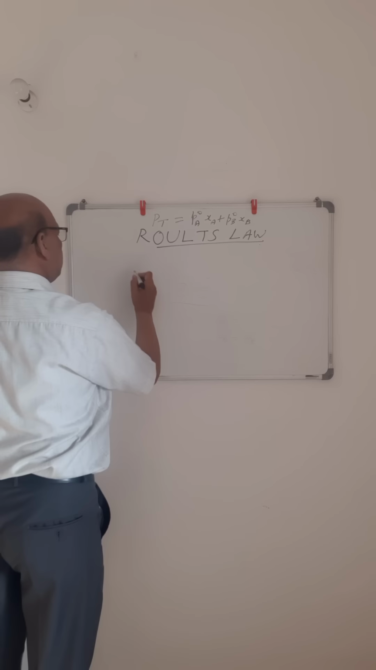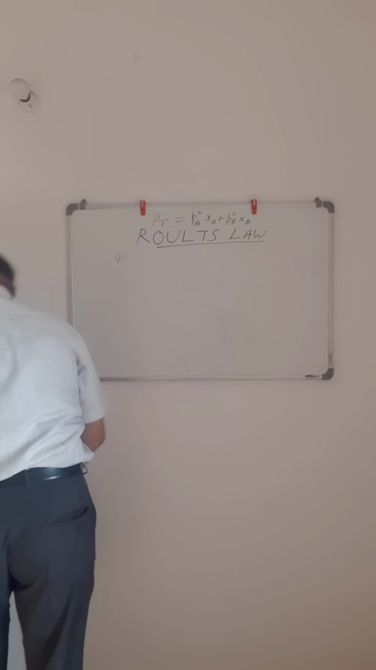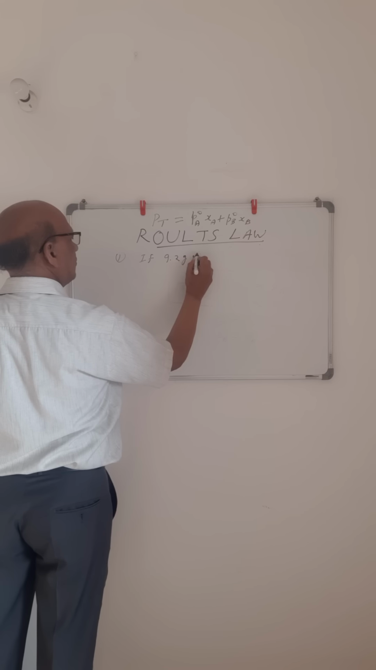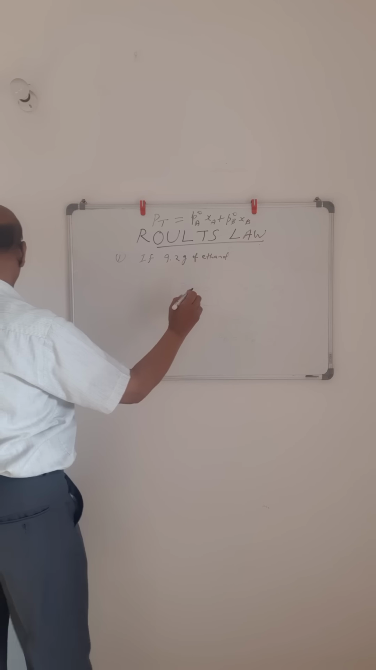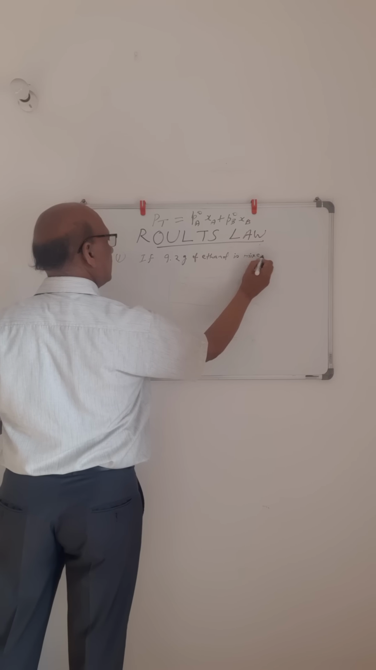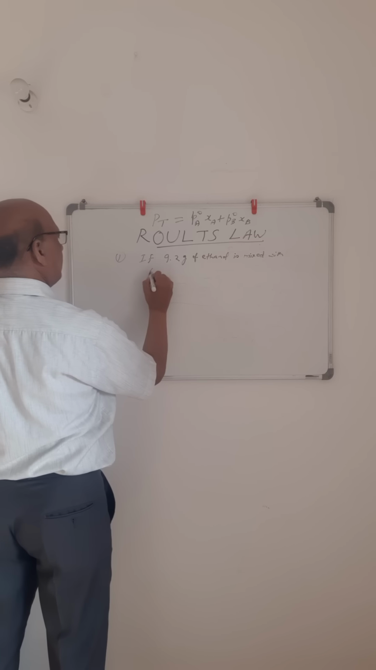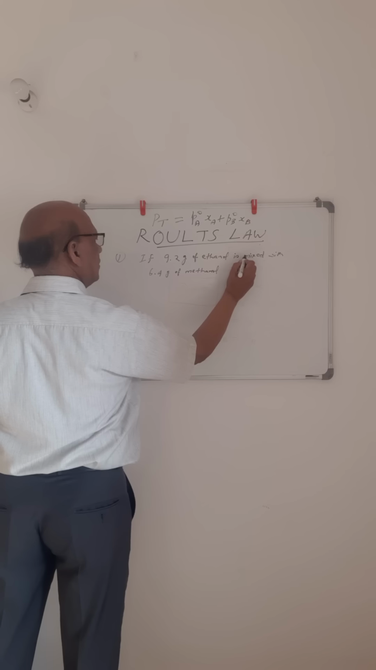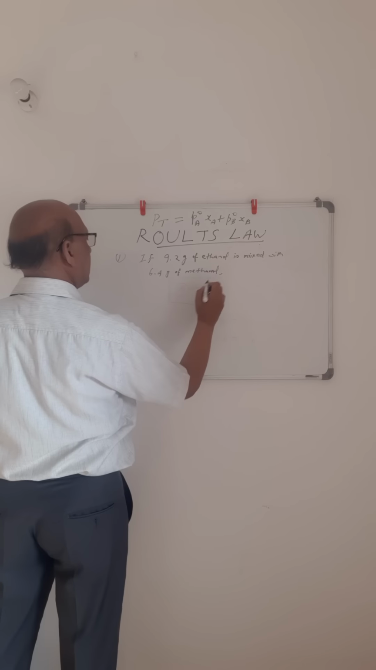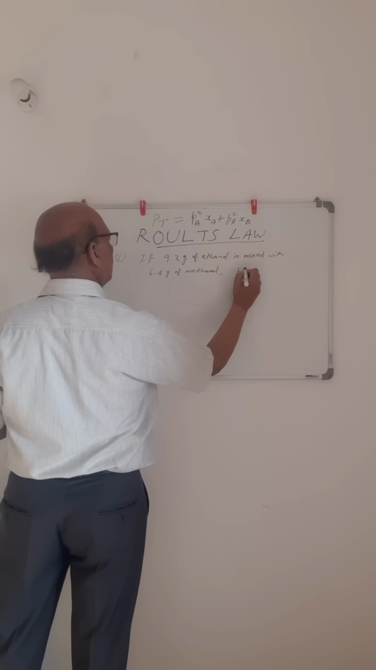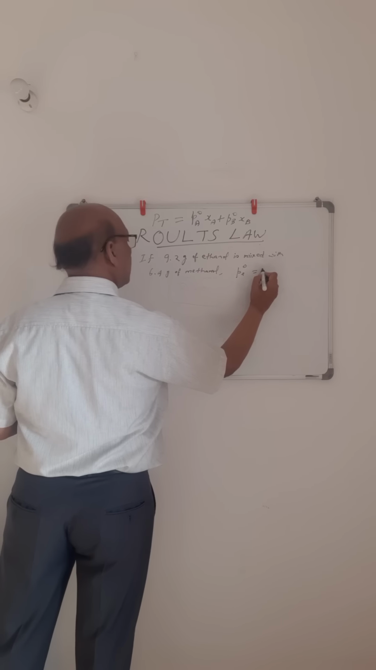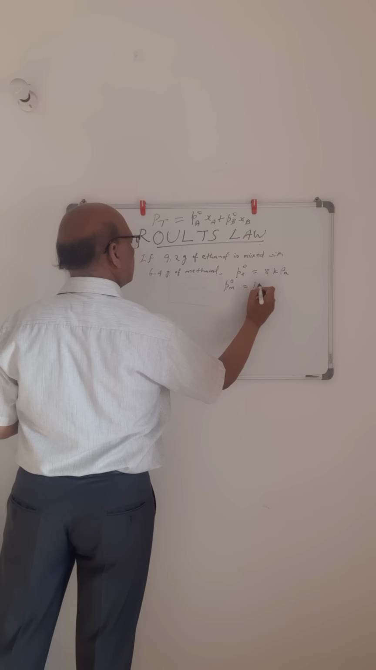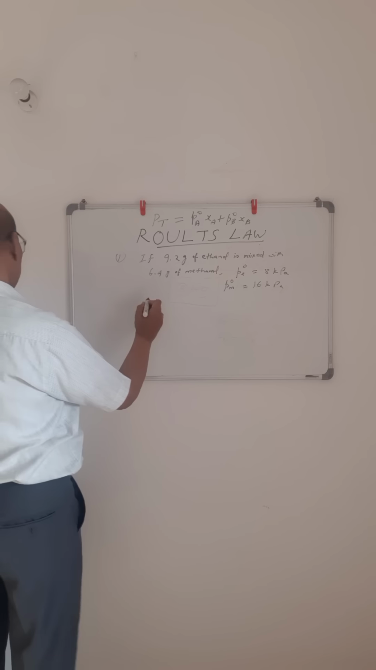Now we will take the first example. This says if 9.2 gram of ethanol is mixed with 6.4 gram of methanol, okay, and it is also given that the vapor pressure of pure ethanol is equal to 8 kilopascal and the vapor pressure of pure methanol is given as 16 kilopascal, and what is required is